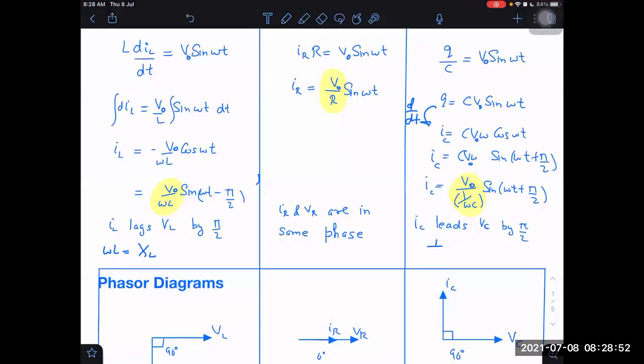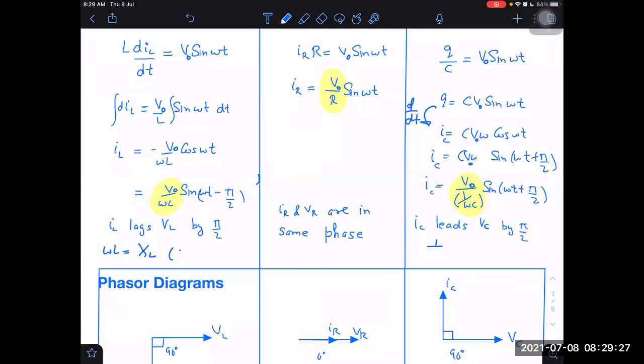I was saying that this omega L will have the same unit as that of R, and 1 by omega C will also have the same unit as that of R, because of comparison we can say, right? What is the unit of omega L? That is also ohm, and 1 by omega C also ohm. Means this is equivalent to a resistance, but we cannot call it resistance. The reason is this has phase change also additionally. So there's a different name for it. Rather than calling it resistance, we call it reactance.